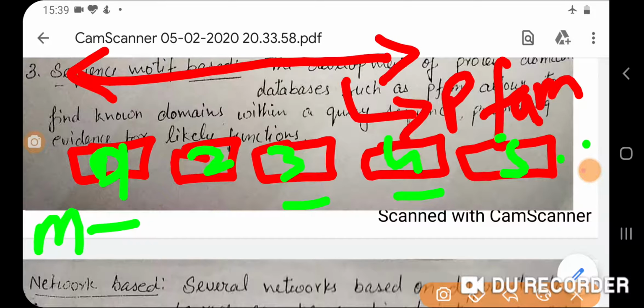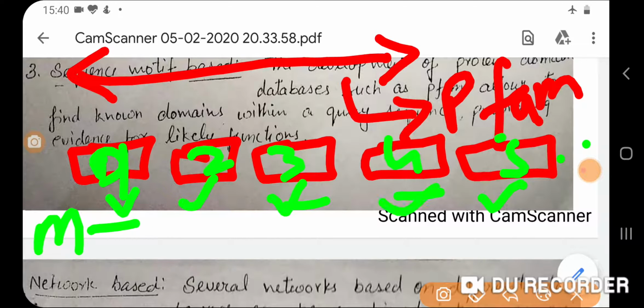My topic is not to find out motifs. We have to identify the function of a protein. So what we will do is check with all the sequences available what is the function of this domain, and what is the function of this domain. If it is repeated, it will be the same. What is the function of this domain, this.